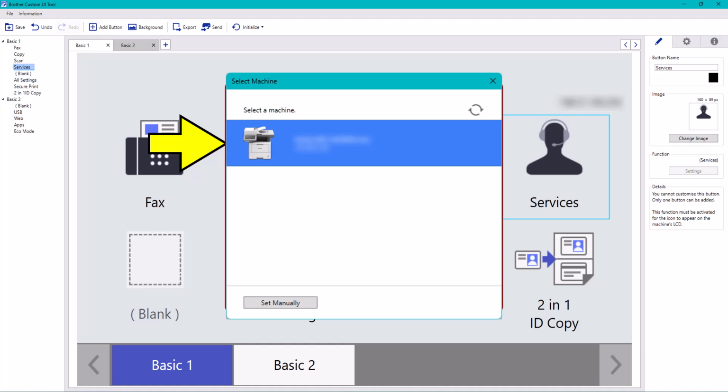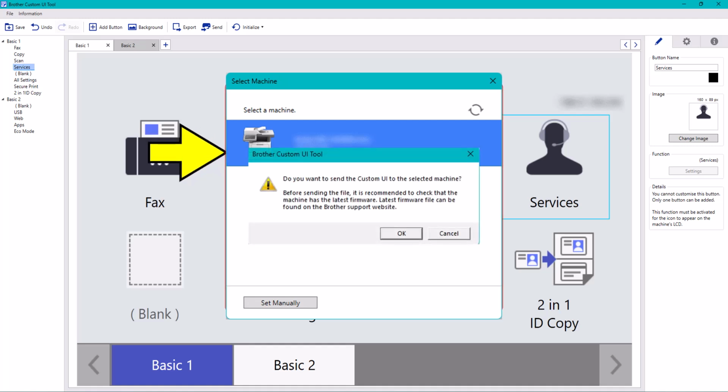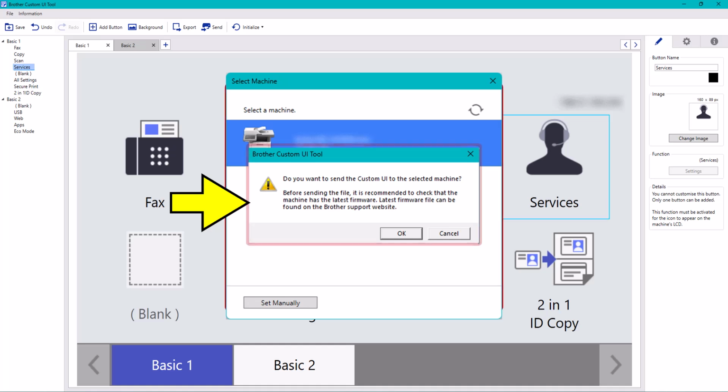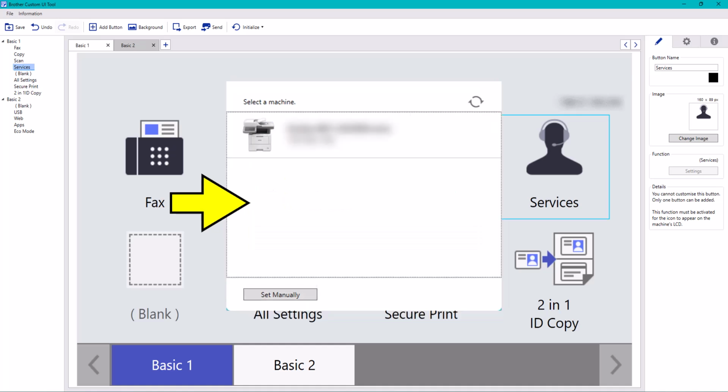Select the device. Once selected, you will see the final pop-up appear on your screen. Select OK. Your new custom screen will now be sent to your chosen device.